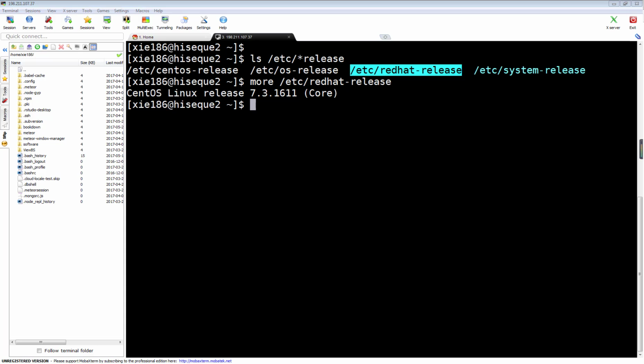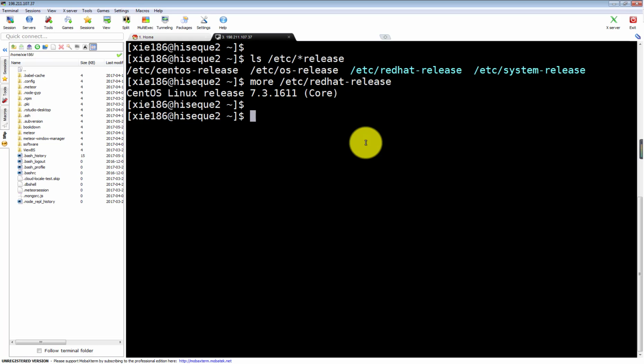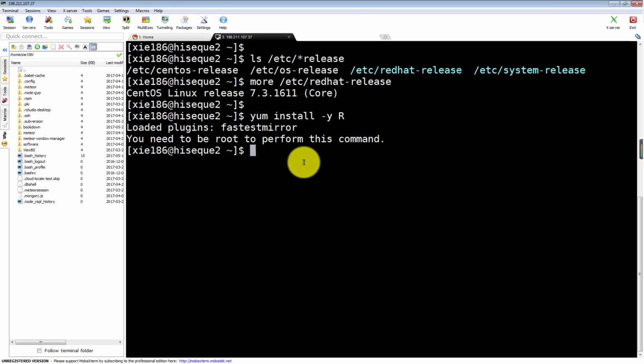Okay. So then the second step is what we are going to do is to install R. So usually first thing you can try to install R. Use the yum install. So here I was told that I need to be root to perform this command. So I'm going to root, type my password,